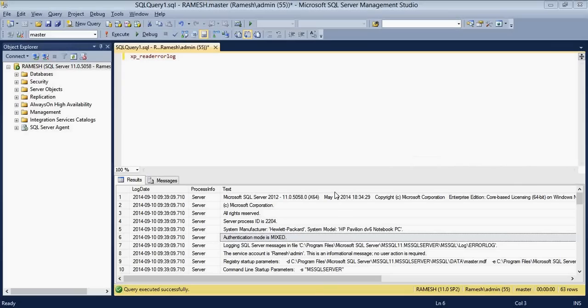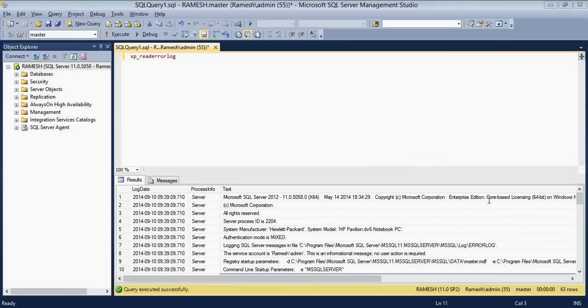But just if you see here, system manufacturer as VMware.